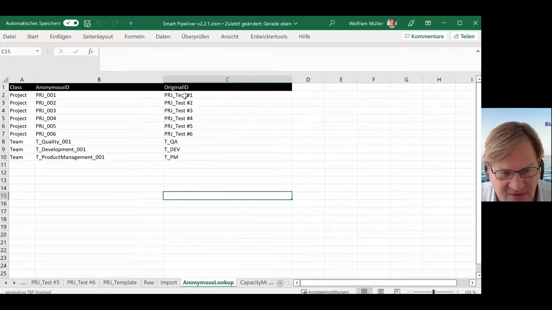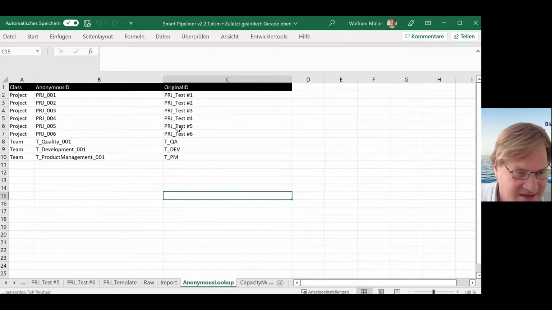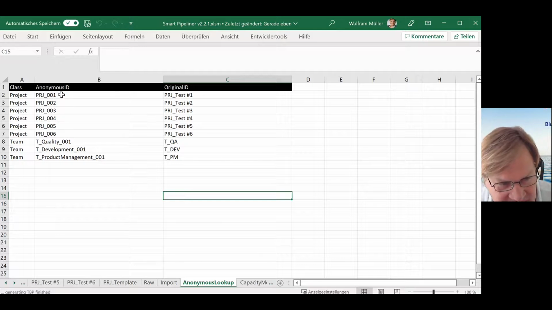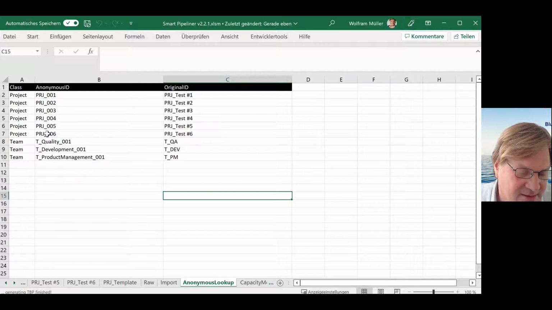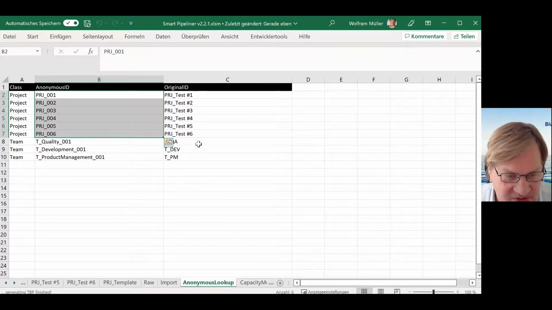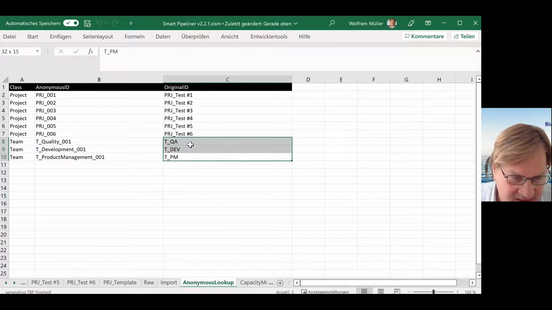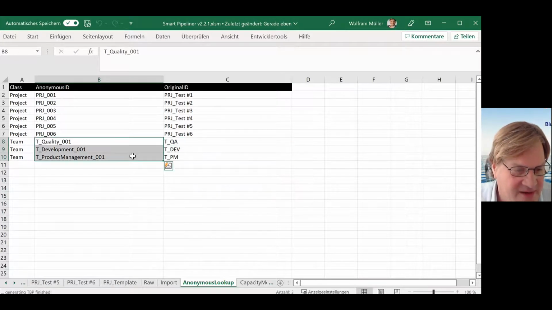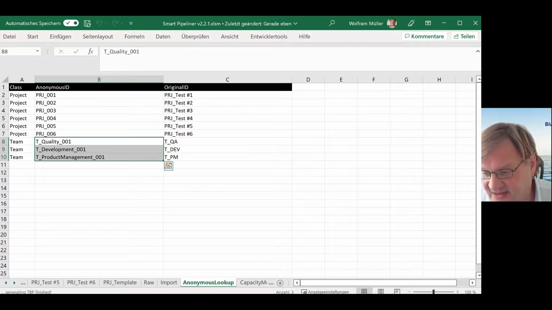And there you see the original project IDs. In this case, they were not very critical, and are renamed. So you just have the number and the project part before. Here you see typically your names, and these will be the names in the anonymous sheet. Here you have the team IDs, and here you have the anonymous IDs, so you can name everything here. So that was it more or less. There is a new workbook generated,